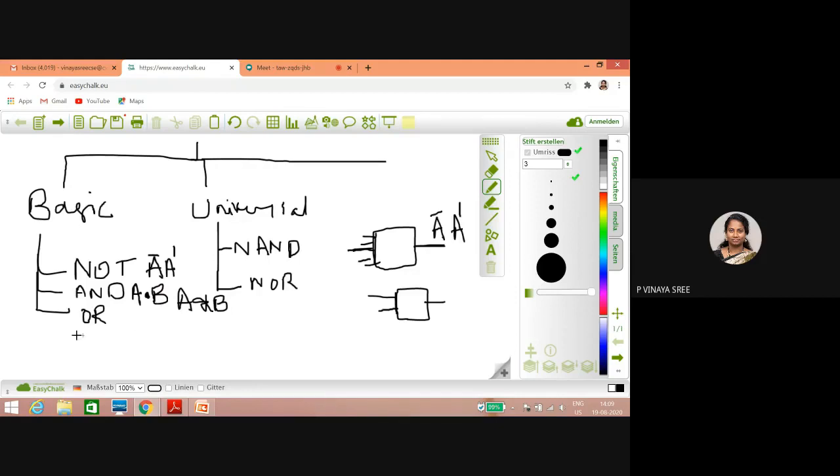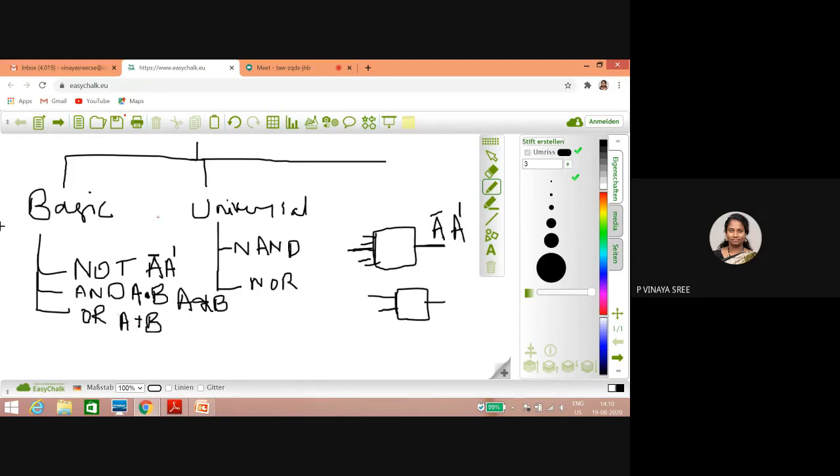Okay, now coming to OR, let us consider for OR we are sending two inputs a and b. So the output will be a plus b. So the representation of this, a complement, can be represented in this way or in this way. And for AND, if you're giving two inputs a and b as an input, the output will be a dot b or a into b. And if it is given a and b as an input to OR gate, you will get a plus b.